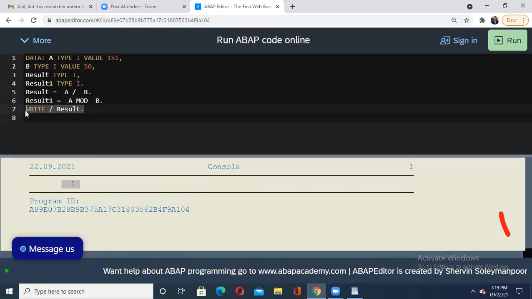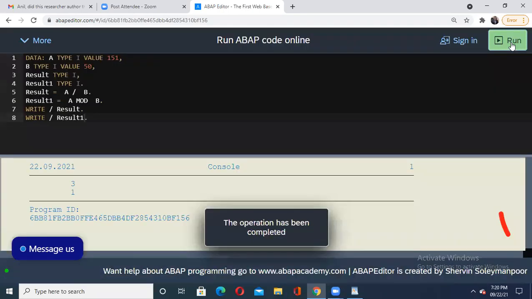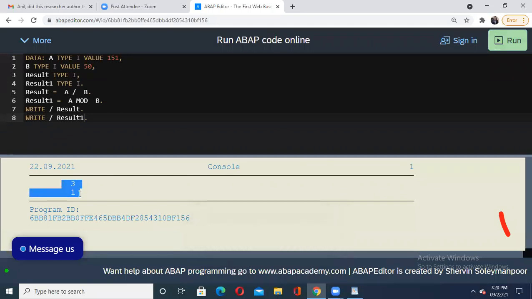Let us take one more WRITE and then display my result1, because in result I'm getting my first value, A divided by B, and in result1 I'm capturing its mod value. Let us run this code and see the final output. I may get my result as a division result, maybe float if I declare it as float. Now I'm getting different answers with division and mod.